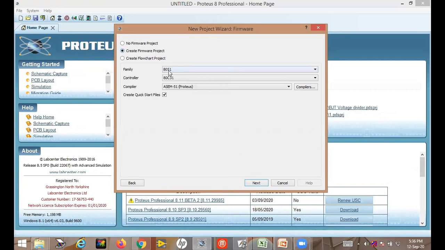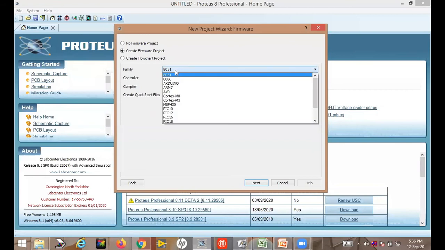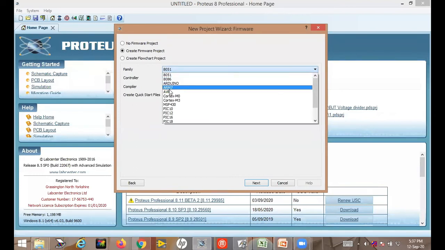Then if it is a firmware project, which family of microcontroller are you going to use? There are different families of microcontroller, like 8051, 8086, Arduino, then ARM, then AVR. So here we are using AVR. AVR microcontrollers are present in Arduino boards. ATmega328 is present in Arduino Uno.